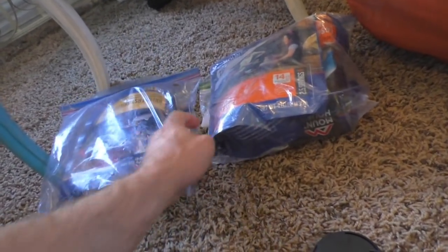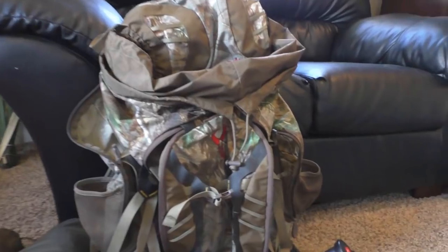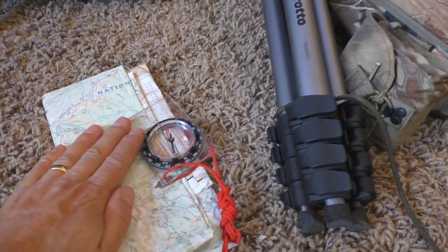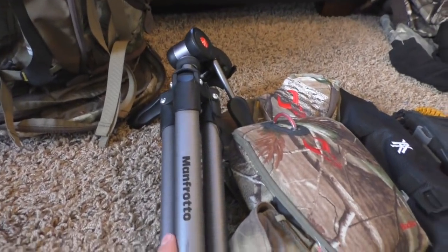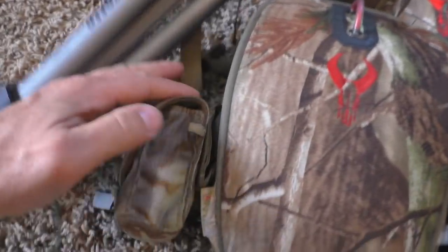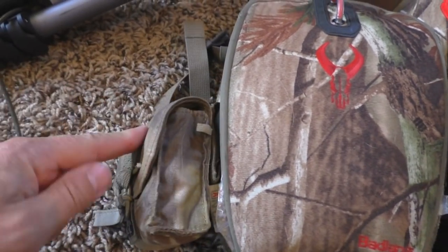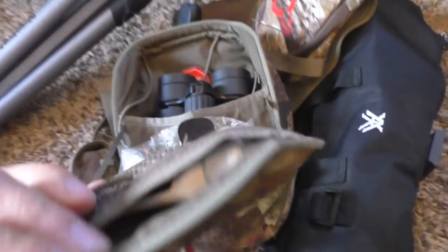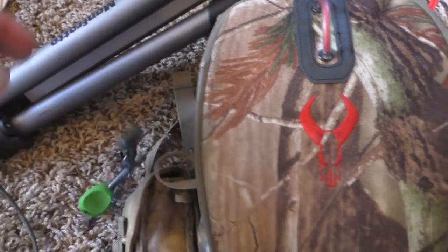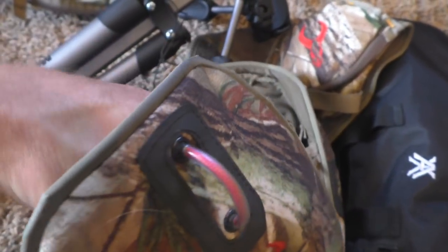This is basically what it looked like. Some oatmeal, Mountain House. That's a caffeine. Took all that stuff in the Badlands Sacrifice. Course map of the area, compass, tripod, and then this is my bino pack that I've got with my rangefinder on the side. In here I've got a lighter, I've got a fire starter, and of course the wind checker stuff,